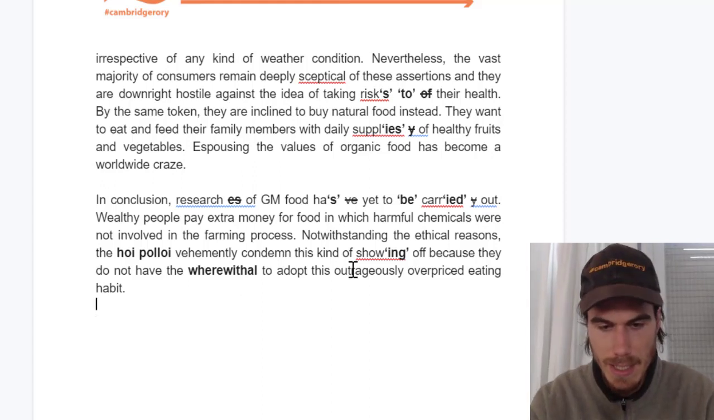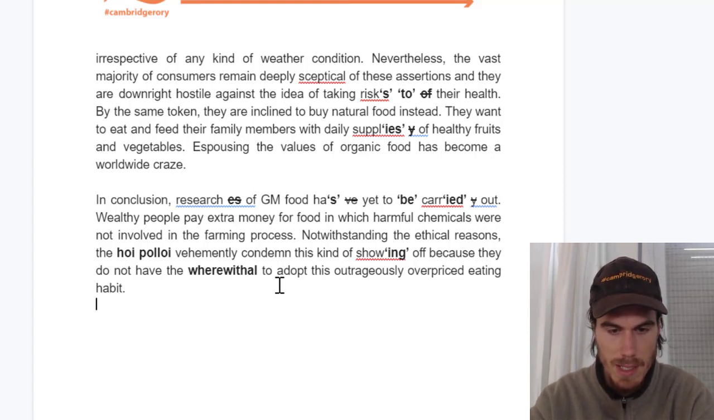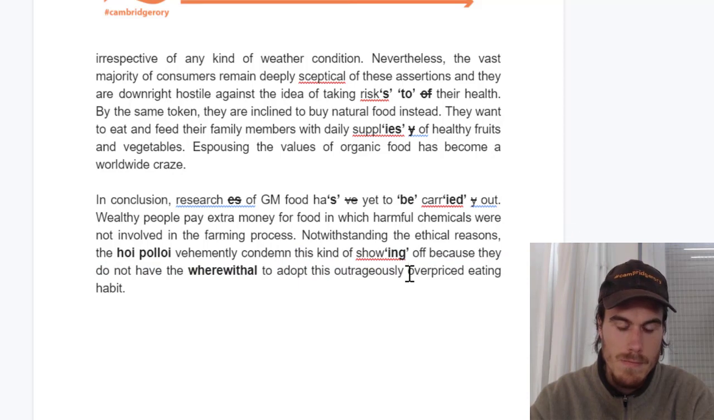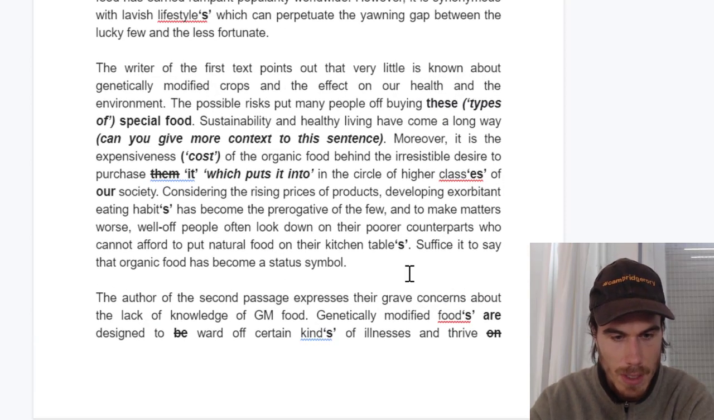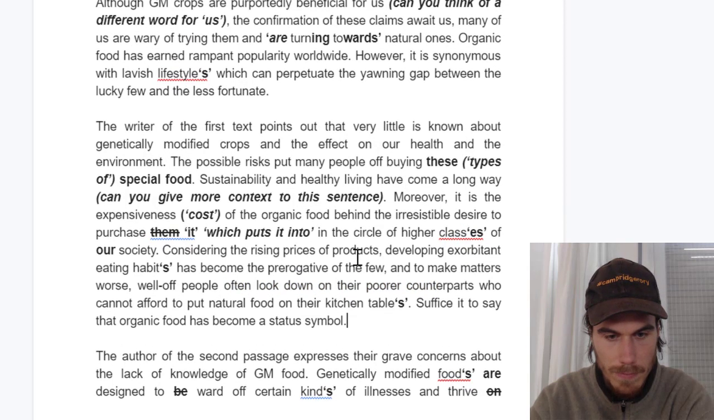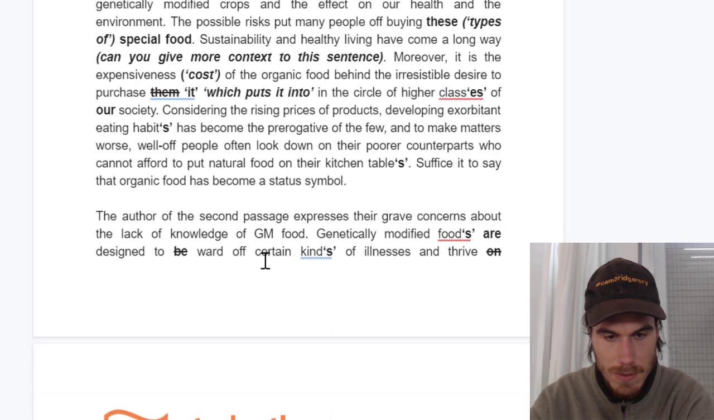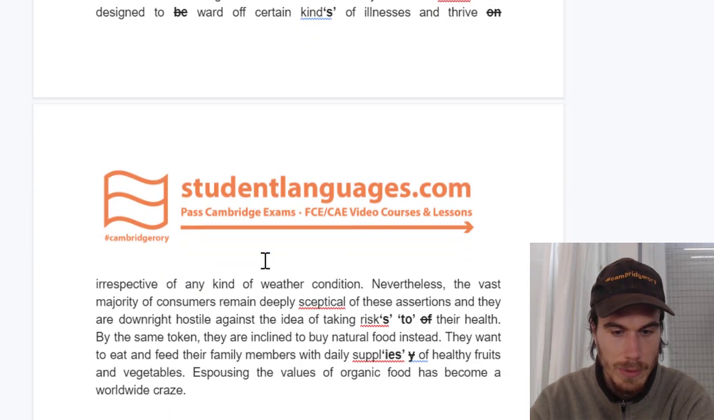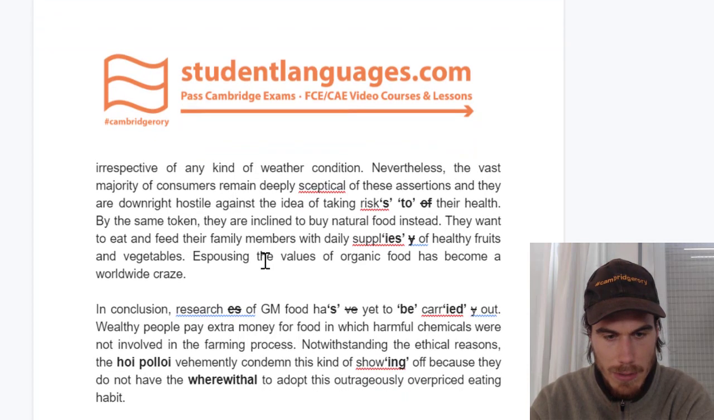Okay, I feel like this idea at the end here is almost a bit of a new idea, that you're saying that the hoi polloi don't adopt it, and then they condemn it as showing off. I don't feel like you've really talked about that enough in here to say that the well-off people look down on their poorer counterparts. Talking about the not so well off people really condemning and disliking it is kind of like a new point. So